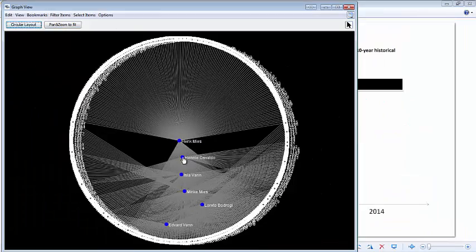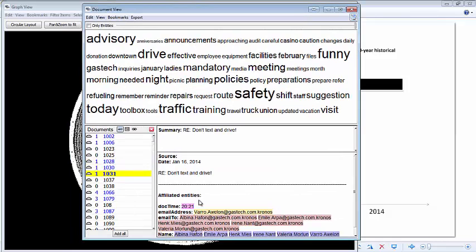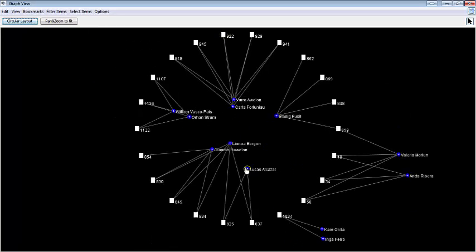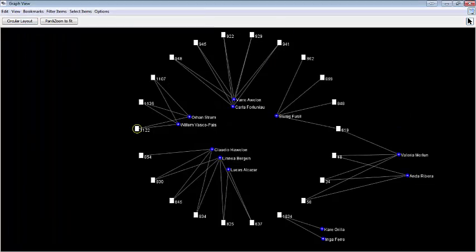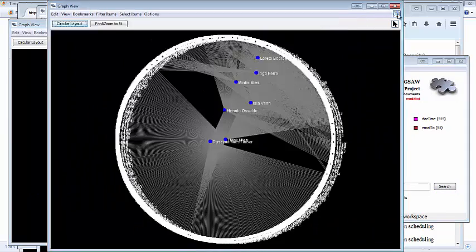After it became clear that certain departments were heavily tied to the POK, such as security, we looked into the rest of the department. We first tagged suspicious individuals, and then we searched their sent emails to look for suspicious phrases or words. Next, we used Jigsaw's graph view to find groups of individuals inside of GasTech.